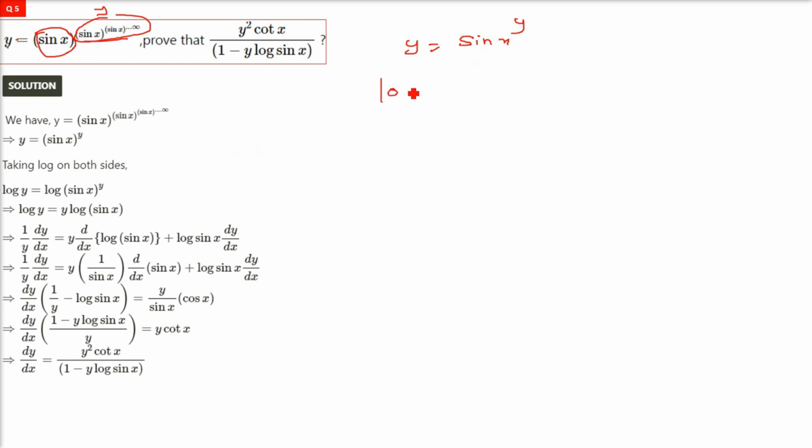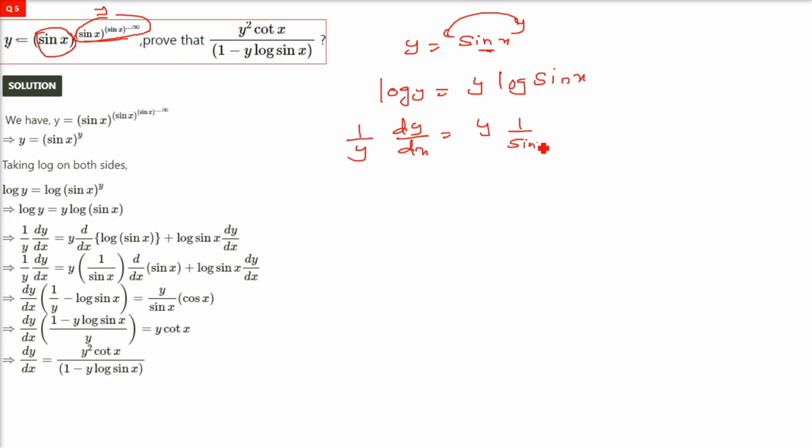Log y is equal to y log sin x. The power will come in front. And now you can follow the procedure of differentiating. 1 by y dy by dx is equal to